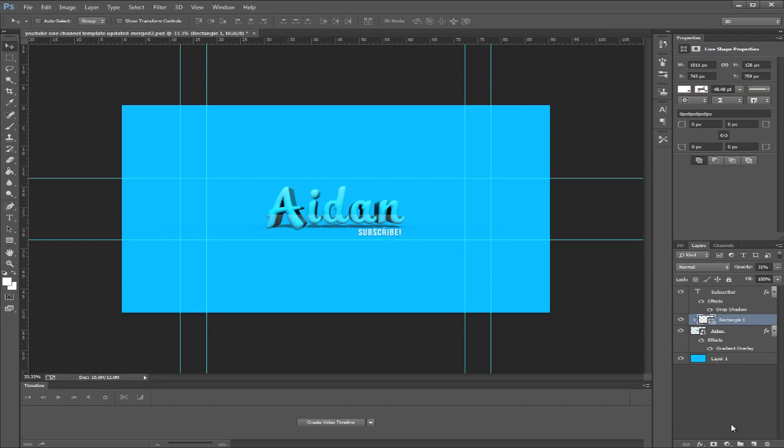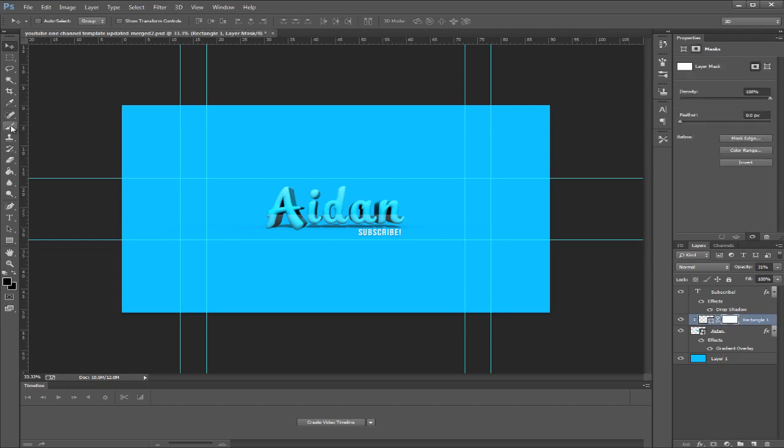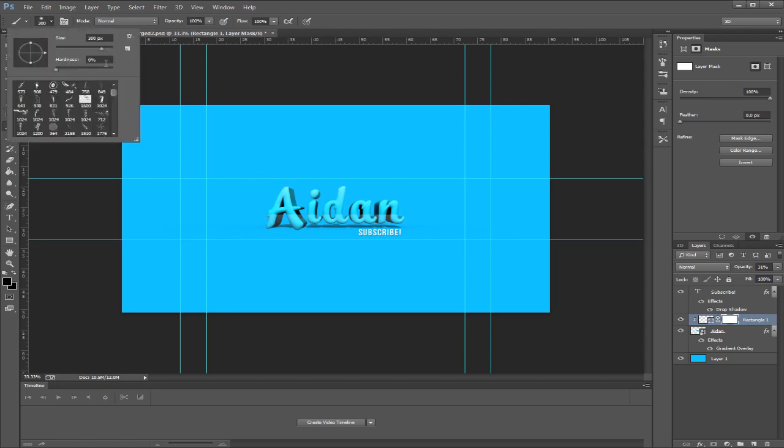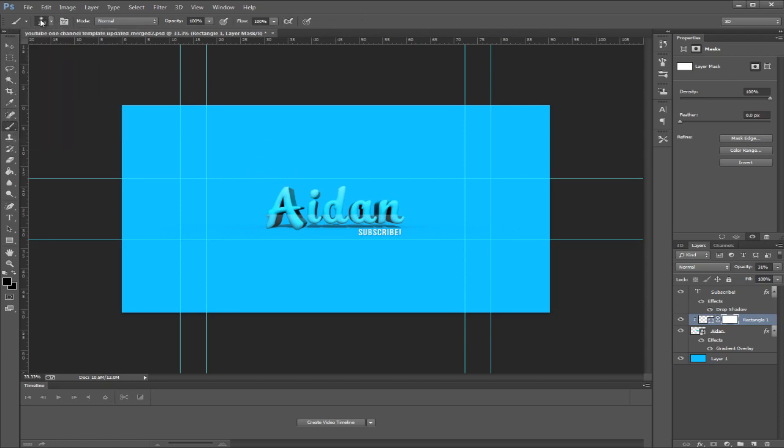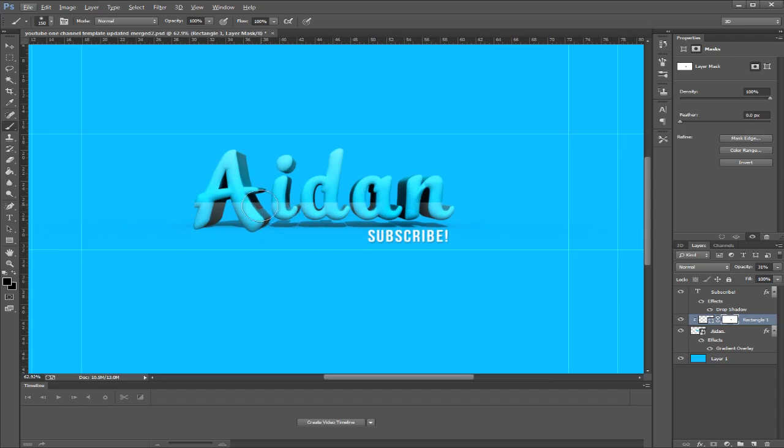Okay, so what we'll do is click on the layer mask here and then go to your brush on the left, and I've got my brush already on here. Just use a basic brush, as you can see on the thumbnail here, and just decrease the size a bit, and then you can see what we're going to do is basically we can change it. You can see what's happening here, but I'll go back. You can see what I did. So I'm just going to make it a little bit cooler so it doesn't look just like a straight line. Just change it around a little,